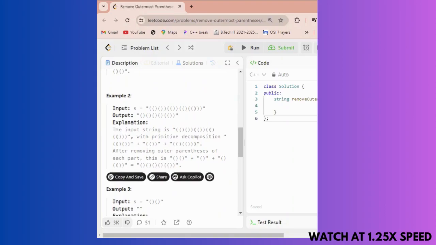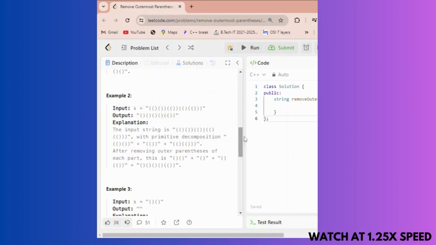Similarly, in this case, you know that this is one complete cluster, we can say, and after removing this and this parenthesis, I'll get these two. For this one, this and this get removed, I'll get this one. Similarly, in these cases, we have this one and that one. The outer will be this parenthesis and this parenthesis, and get this complete one.